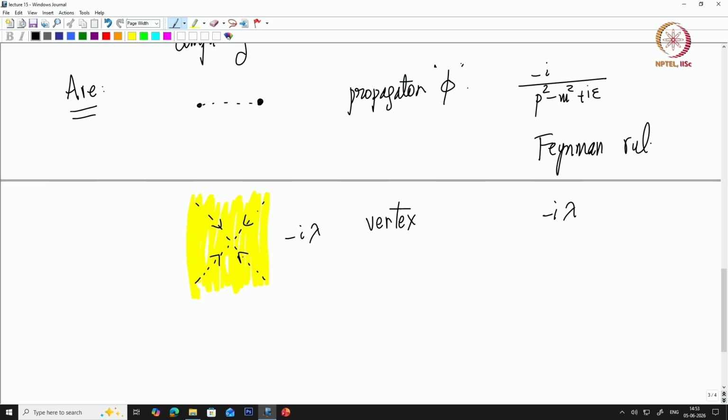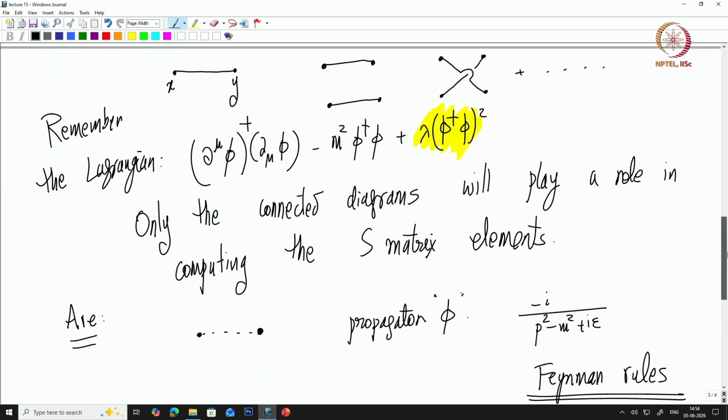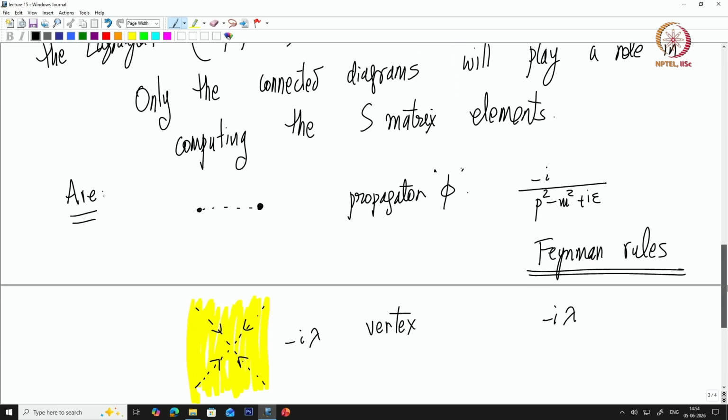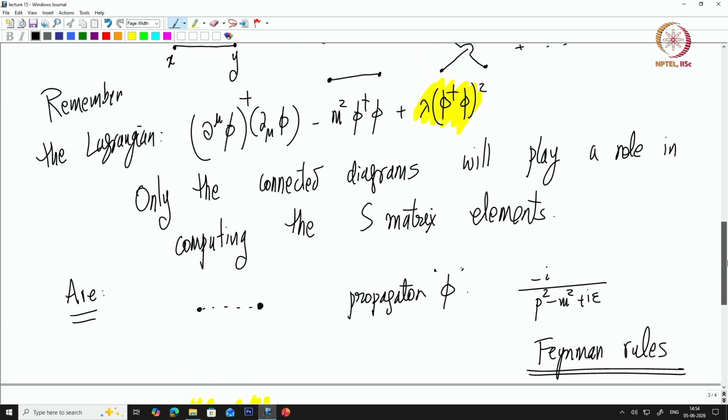In principle, this is a completely different method. It has its essence in the contractions, in the Wick theorem, in the Dyson series and so on. But at some point you forget about all that stuff, the Wick theorem, Dyson, and I will justify the reason in coming moments, but you forget about all that and